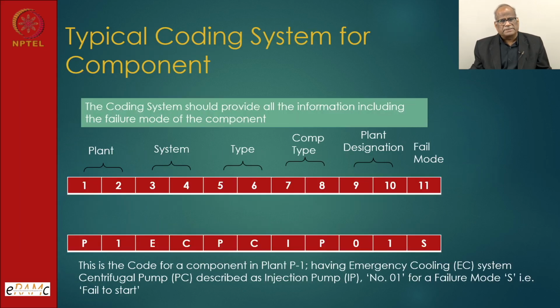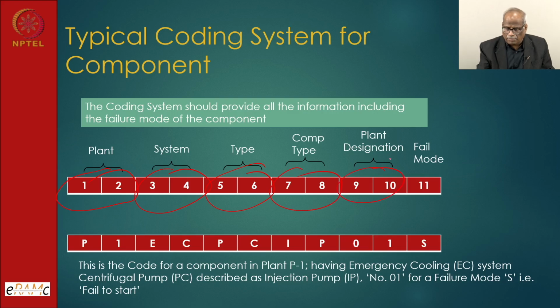Now, I discussed the importance of the coding system. Coding system means, let us say, the first 2 digits should identify the plant. I have 3 or 4 plants in my country or in my organization. Then which system the component belongs to, then what type of component this is, a pump, a centrifugal pump, reciprocating pump, or what type of pump, then the component type,